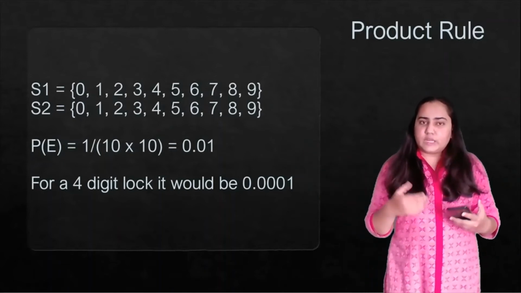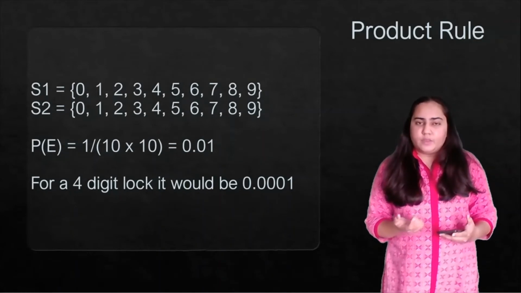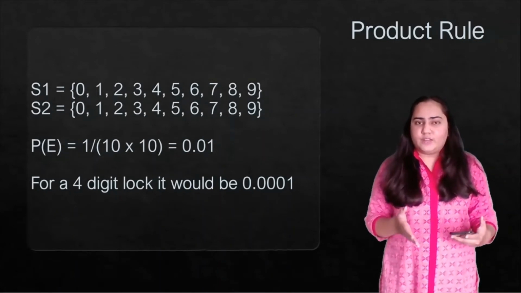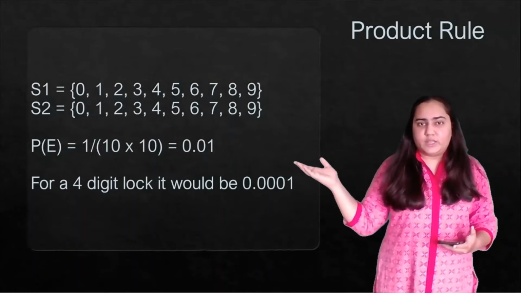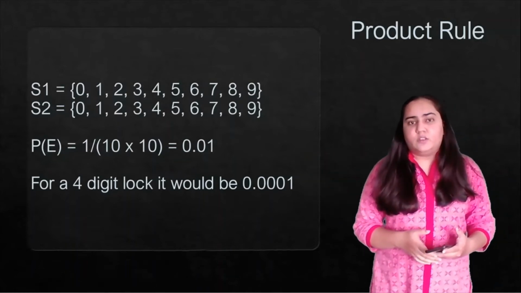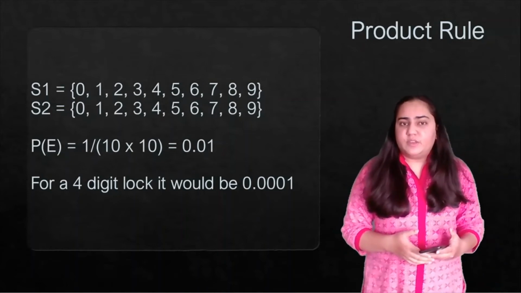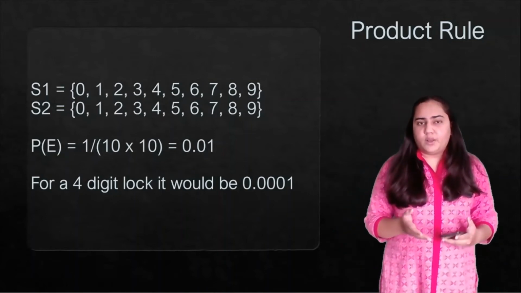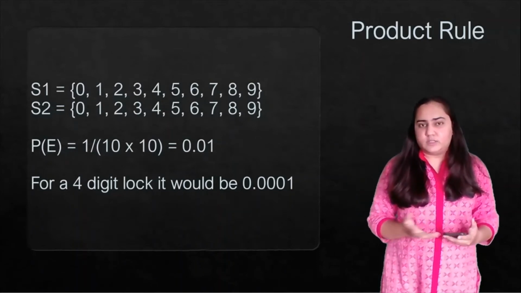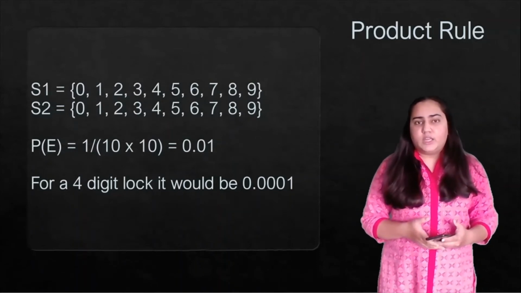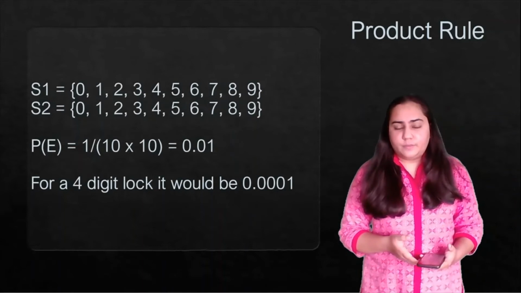And that's why for each digit, the number of possible values is 10, and this is how we can calculate the probability: P of E is equal to 1 divided by 10 cross 10, because there are 10 possibilities each, and that's why it's going to be 1 divided by 100, which gives you